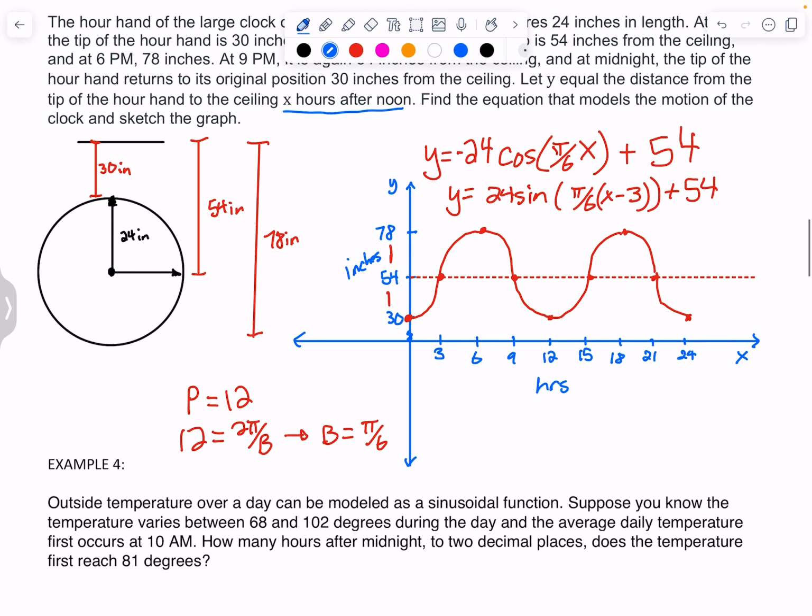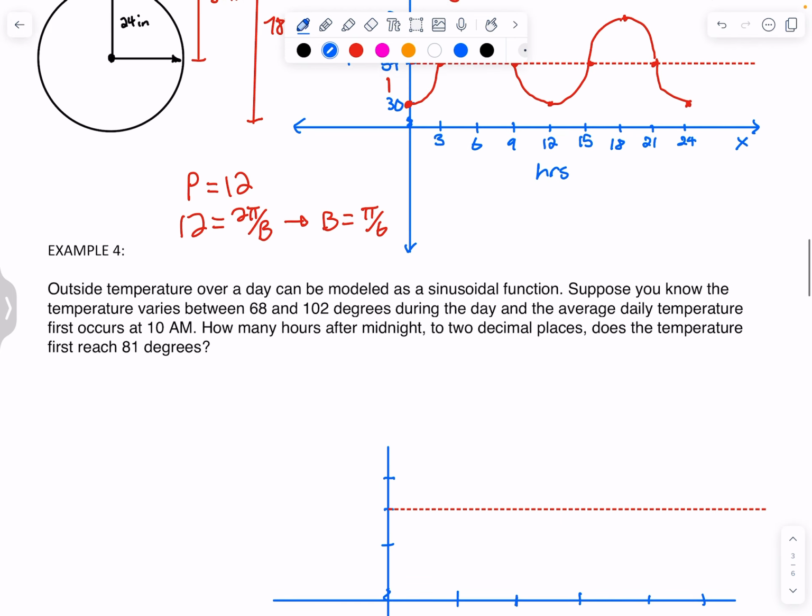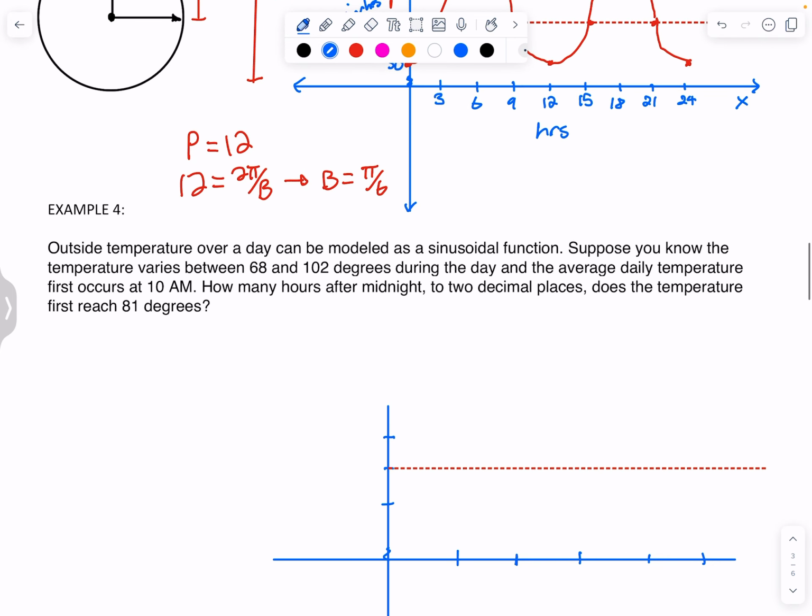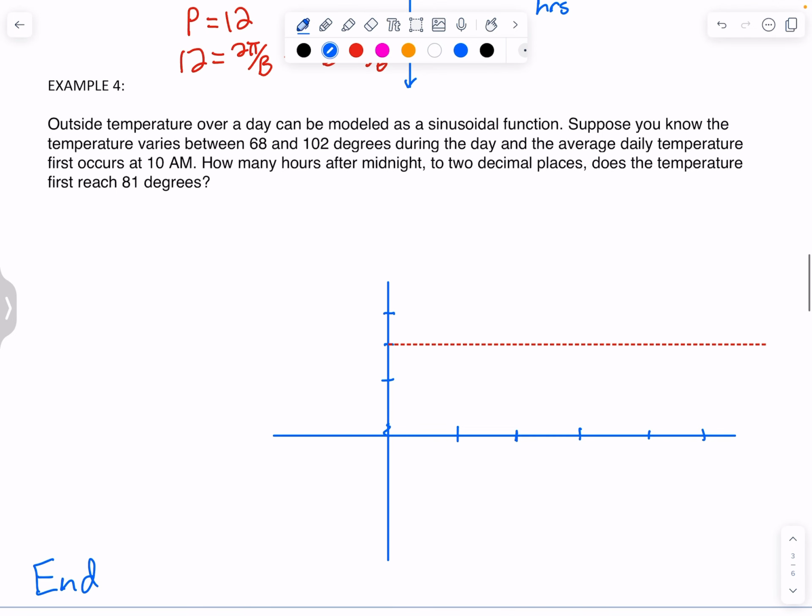All right, let's take a look at another one. This one's a bit vague. I didn't love this. So it says, outside temperature over a day can be modeled as a sinusoidal function. Suppose you know the temperature varies between 68 and 102 degrees during the day, and the average daily temperature first occurs at 10 a.m. So I'm going to do